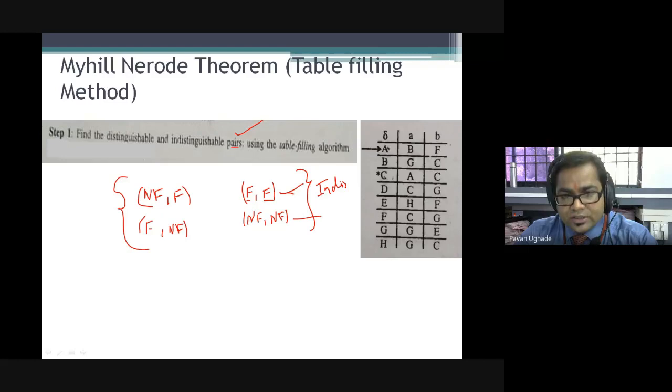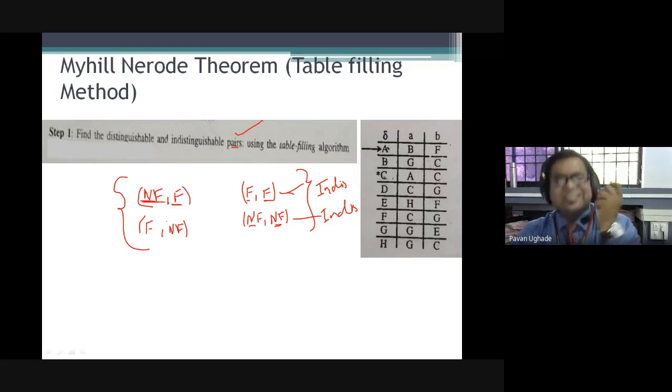Even if it is, see, the first is non-final, the second state is also non-final, whether they are the same or different, or in another way, same, right? Distinguishable or indistinguishable? I will say indistinguishable. What about here? See guys, this belongs to the non-final set, this belongs to the final set, whether they are the same or different, or I can say they are mixed up between the final and non-final. So in this case, this is called distinguishable states.